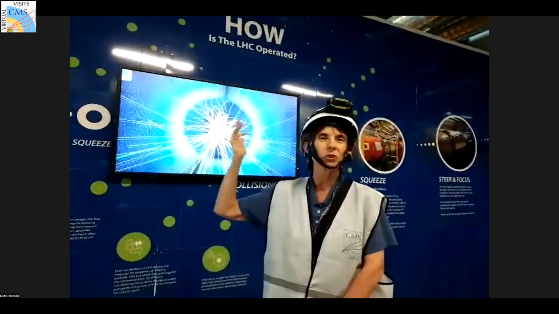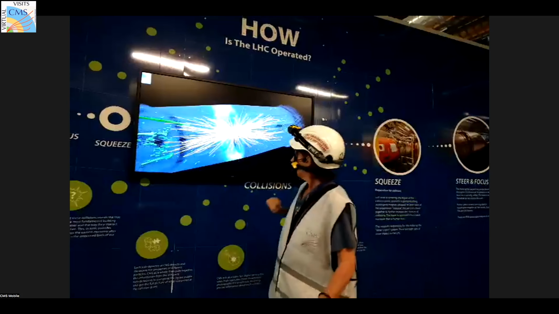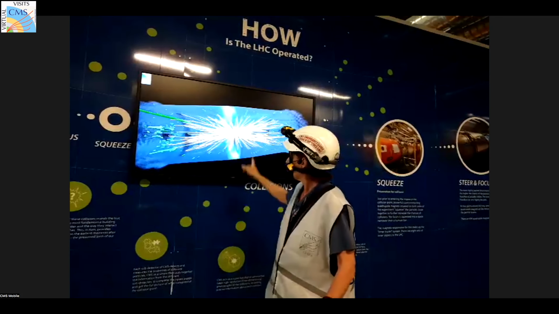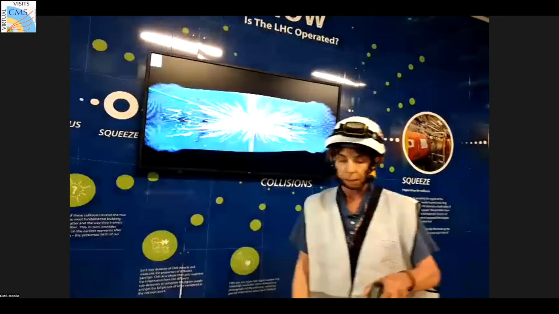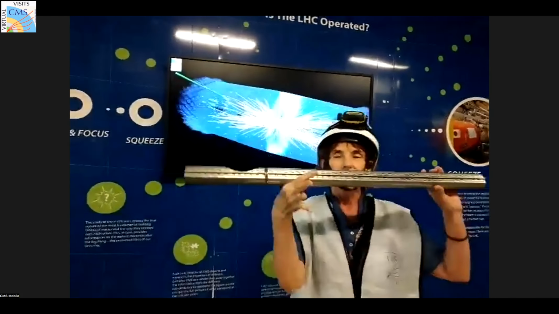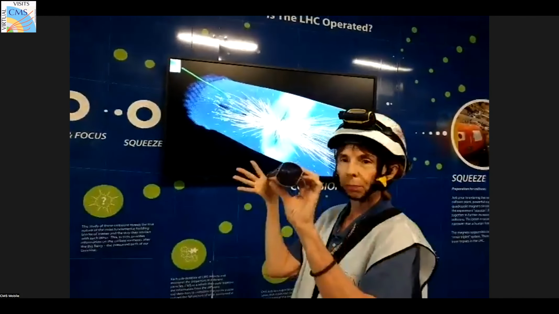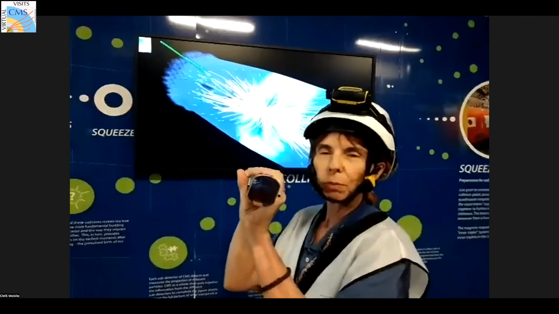And then I profit here to show, but then you will also have on the screen one simulation of a collision. But what I have in my hand is maybe much more interesting, because this is a piece of the LHC. In particular, this is the beam pipe. Don't be scared. It was never used, so it's not radioactive, so I'm safe.